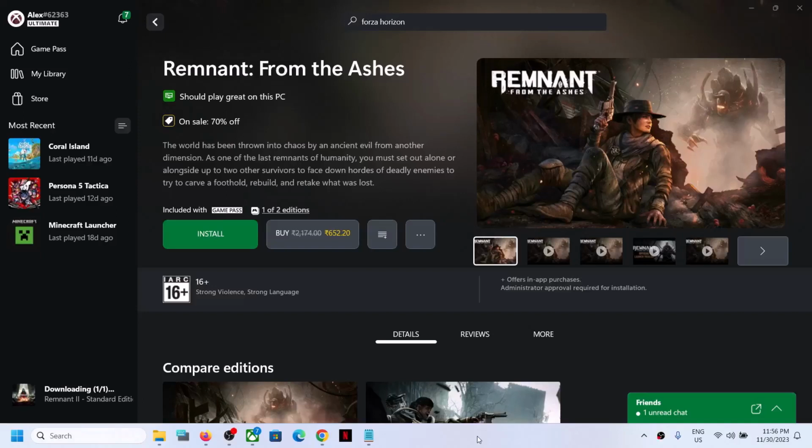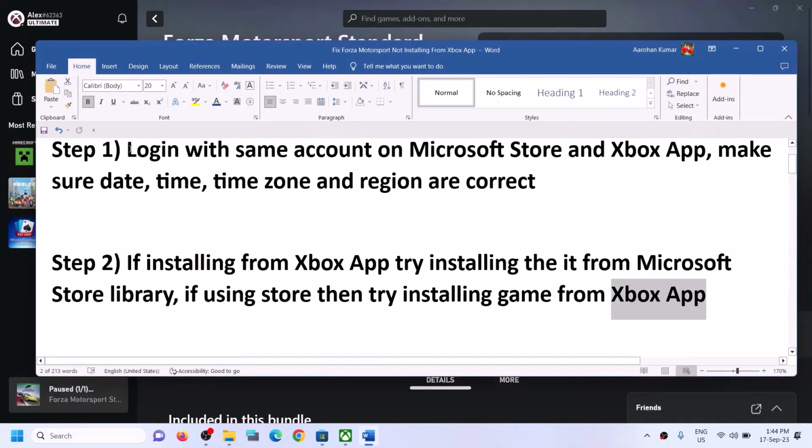Today in this video I'm going to show you how to fix when you're unable to install Remnant from the Ashes game from Xbox app, or if you're unable to install it from Microsoft Store, then please follow the steps shown in this video. The first step is to log in with same account on Microsoft Store and with same